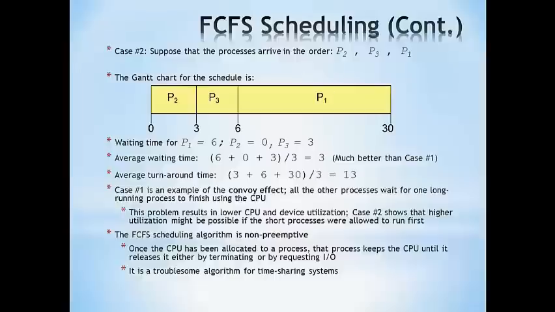We can see the difference in the 2 examples, which is because of the arrival of different processes at different times. The first example shows the convoy effect: all the other processes wait for one long running process to finish. The FCFS algorithm is non-preemptive. Non-preemptive means that when one process is running in the CPU, the CPU can't be allocated to a new process until the previous process has terminated. Now SJF will be discussed by Divya.